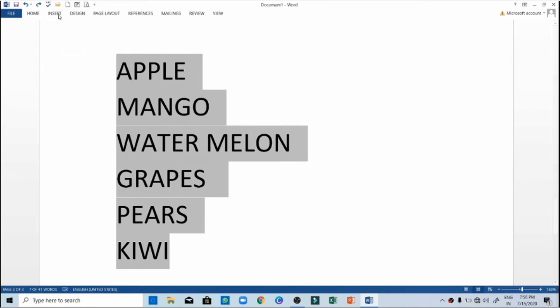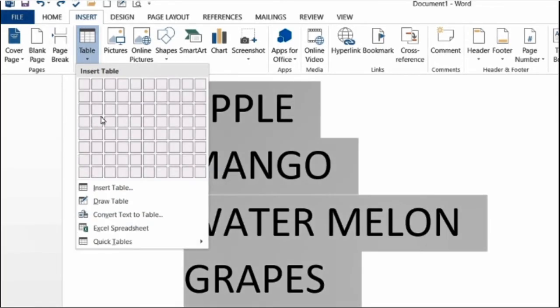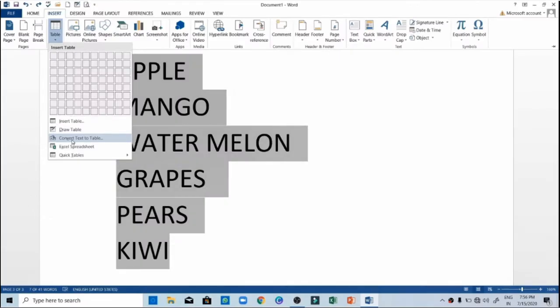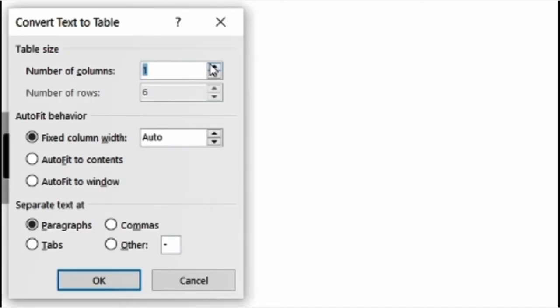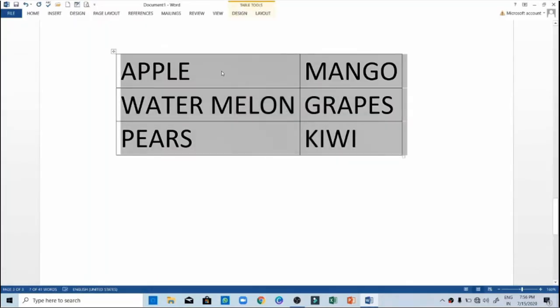Again let us select, click on the insert tab, and from the more option of table click on convert text to table. Now this time we will go for 2 columns, and the behavior of the content, that is the column width, we will auto fit to content. Now see the changes when we take auto fit to content.